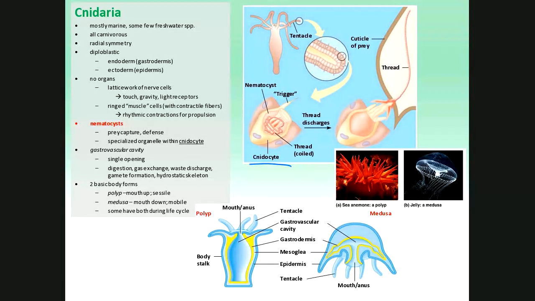So these cells are going to be on the outside of the organism, and in that particular case, they're going to be used for defense. They're really good for that, as well as for prey capture. So on the tentacles of, like, the hydra, there are these little triggers, and when prey comes along and trips that trigger, the nematocyst shoots out this thread. It's coiled up inside there, and it shoots out and buries that thread into its prey. And not only does it have the thread, but along the thread there are these recurved little spines. So it's not very big, but it's very efficient at capturing small prey. And of course, there's also a toxin that can be introduced as well.